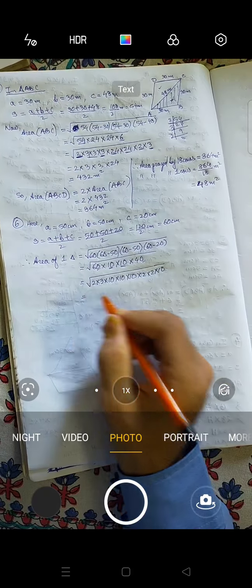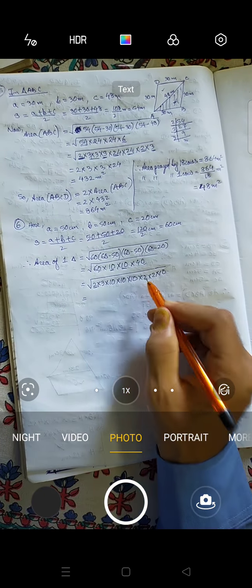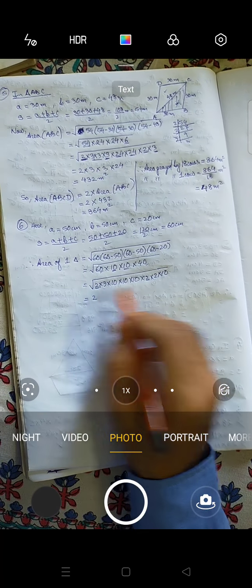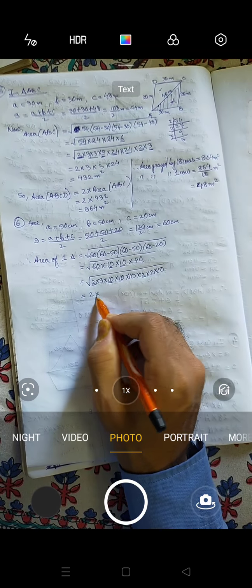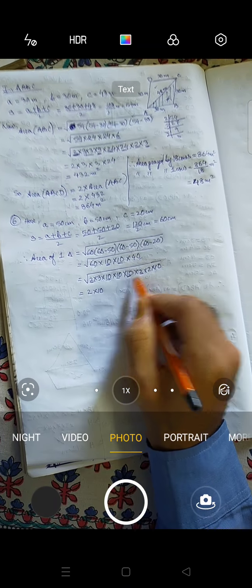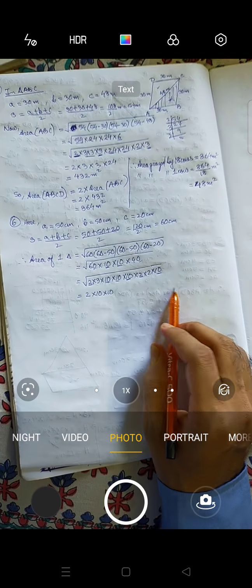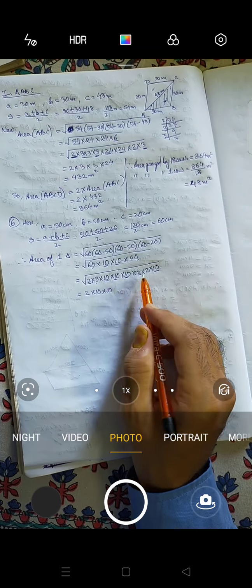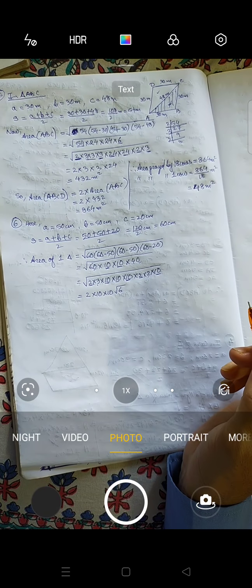Now here we will see which is common. You can see this 2 and this 2 are common, so I will take out 2. 3 doesn't have any pair, so leave it as 3. This 10 and 10 have a pair, so 10. This 10 and this 10 also have a pair. Now you can see that this 2 is not having any pair. So this 3 and this 2 don't have any pair. So we will be writing root 6. Any problem?